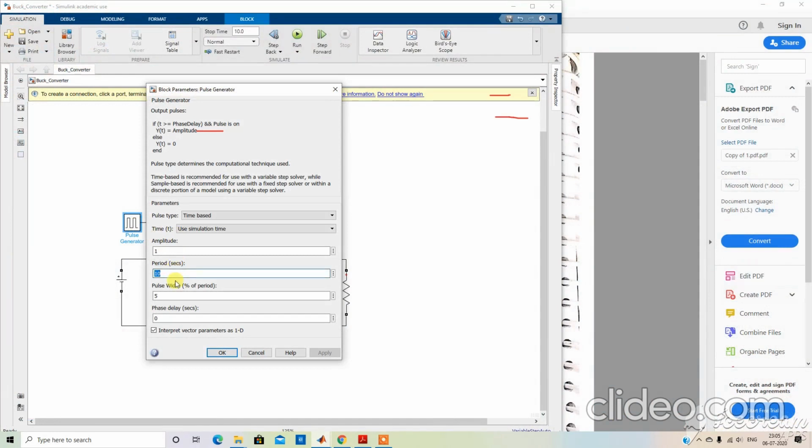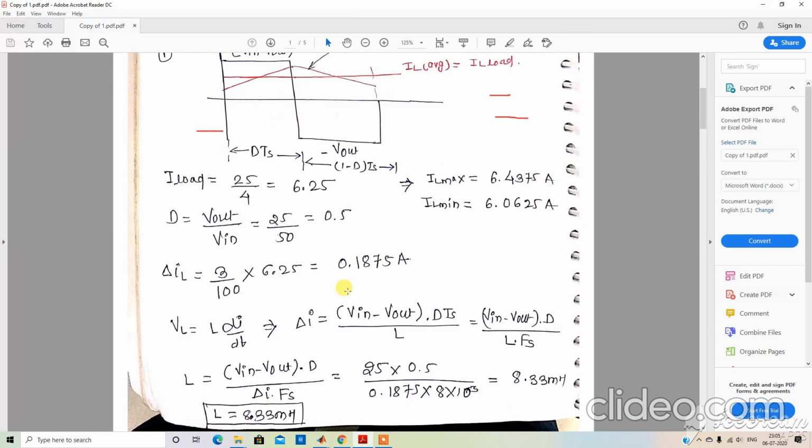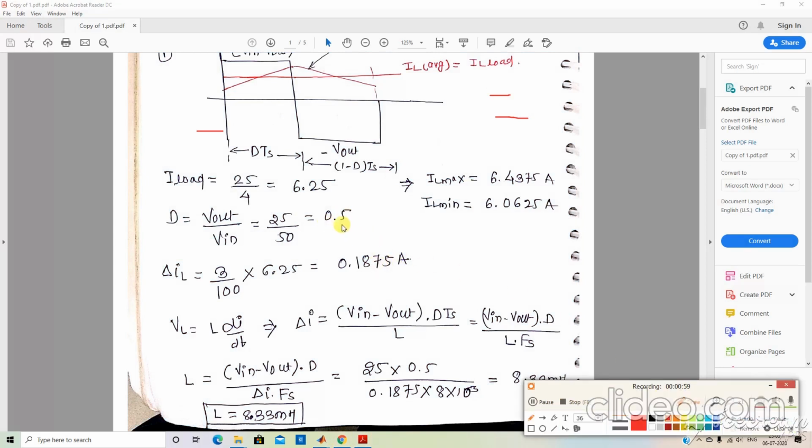Amplitude 1, period 1 divided by 8,000. We also specify the pulse width as our duty, 0.5. So we will keep a 50% duty ratio.